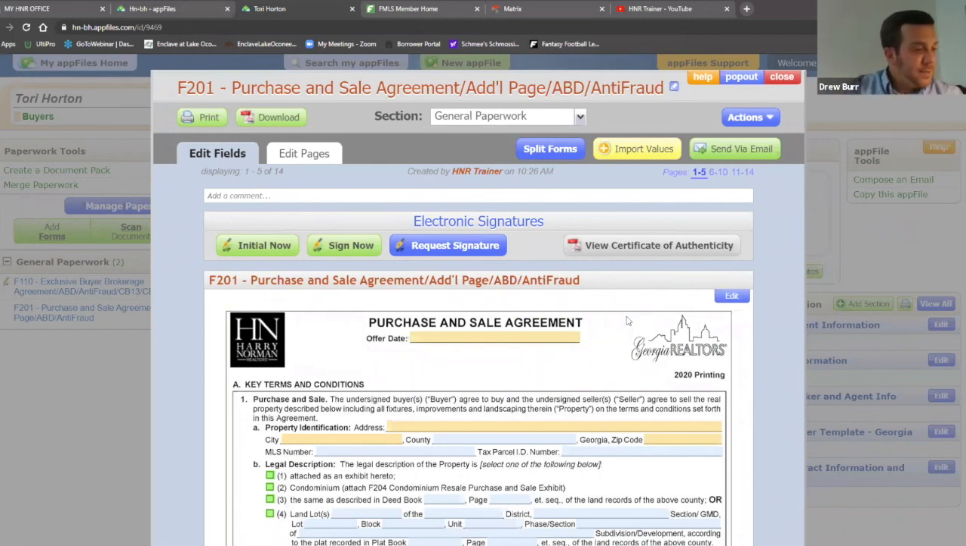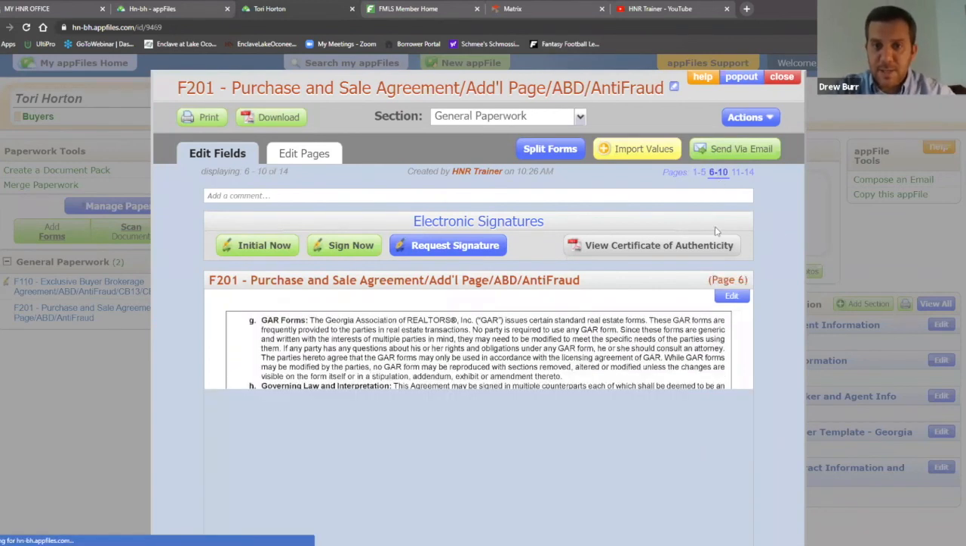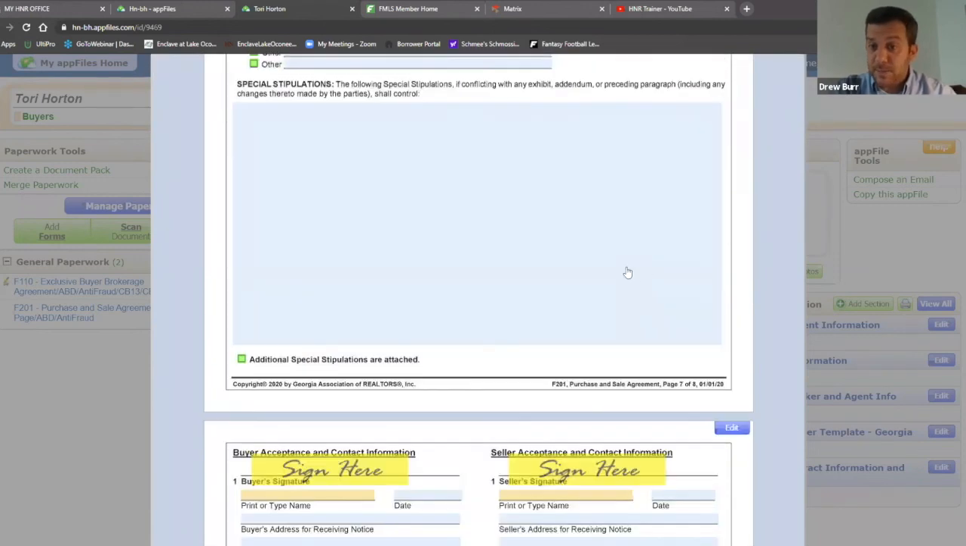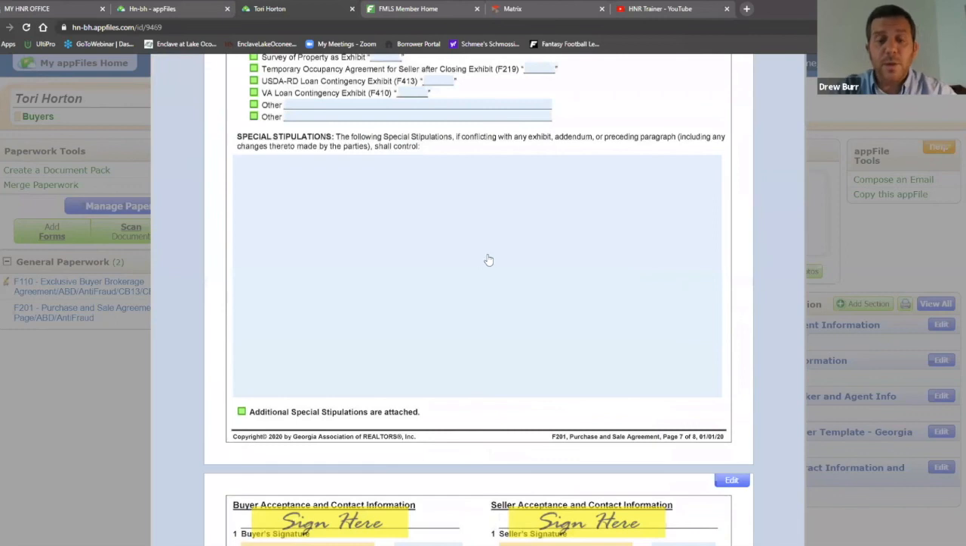Okay, make sure I've got everything. One thing before I go into importing values, I do want to go over something that is fairly new, and it's the special steps and how they've made changes. When you go to, let's see, 6 of 10 and you scroll down to your special step section, this is actually pretty new. When you click on this box for special steps,